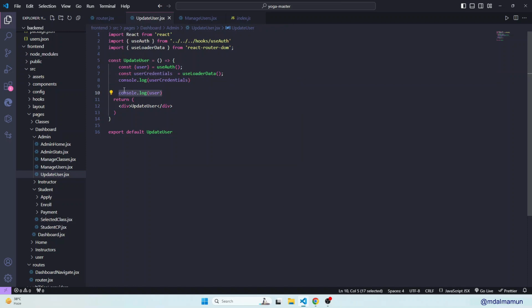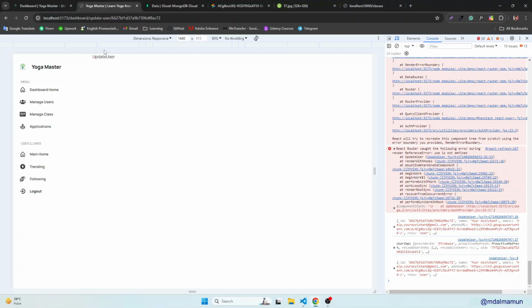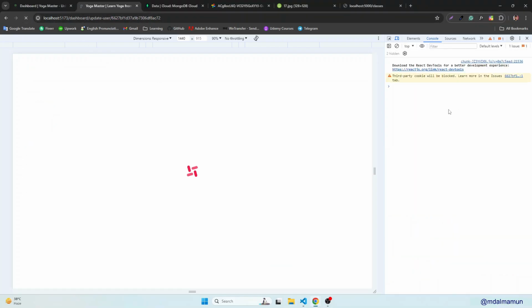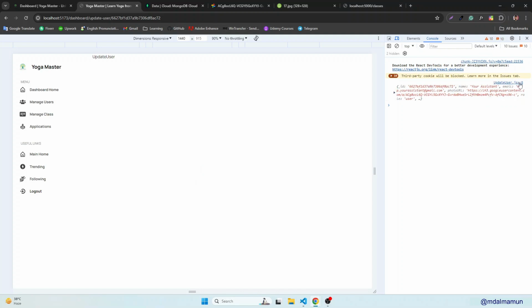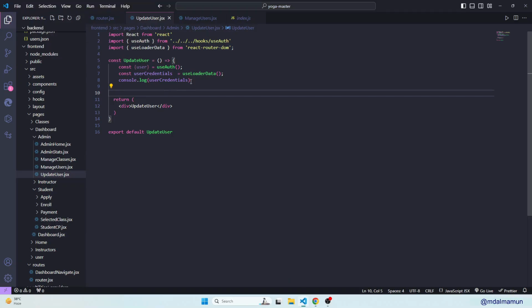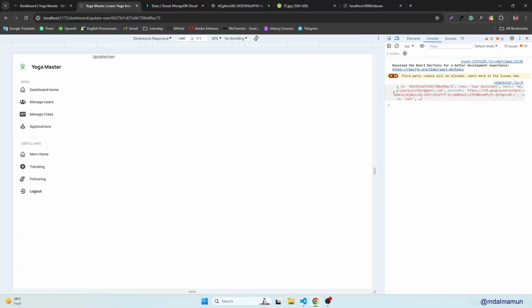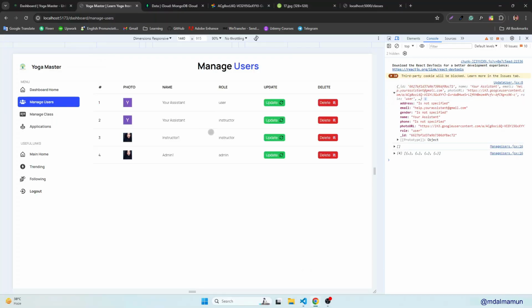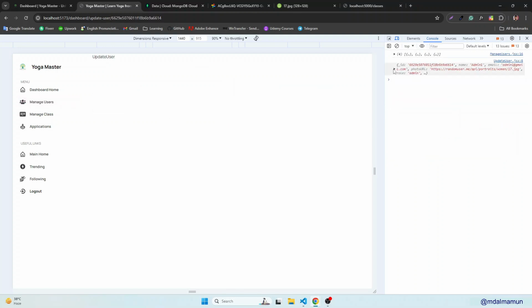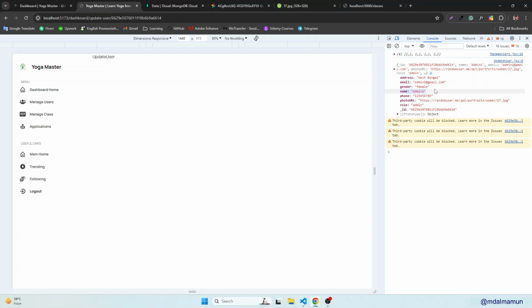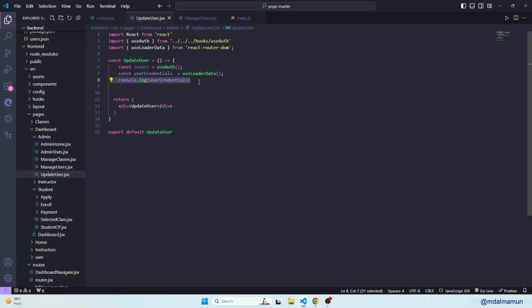Let me console out this one, and if you just do this, let me refresh it. Here you can see we are getting data from actually update users line number 8. So that is line number 8. Every time we will get the defined data. So this is actually your assistant. If you go back and try to get the admin data, let me close. Here you can see this is admin 1. Okay, so this is admin 1. We're getting the data. So if you have that, then what you have to do, you can define